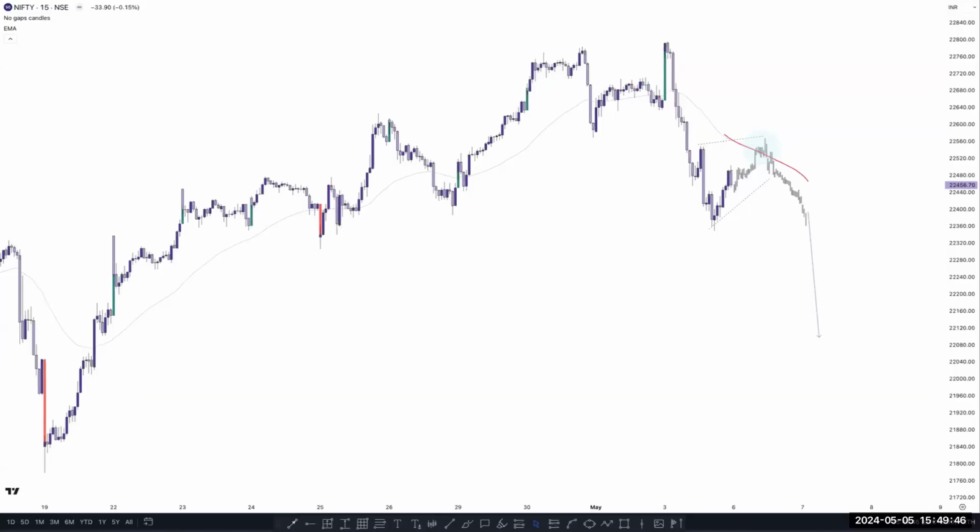For a beginner, is it better to learn SMC or price action? For a beginner especially, you need to learn price action concepts. Once you are able to trade price action concepts, everything else becomes easy to trade for everyone, right? The smart money concept is a little bit complex and not easy for everyone to trade, but price action concepts are very simple and easy to trade. You can use any time frame.